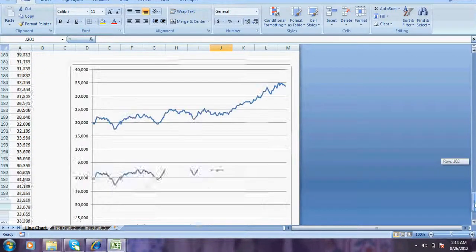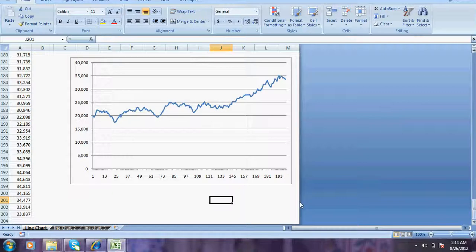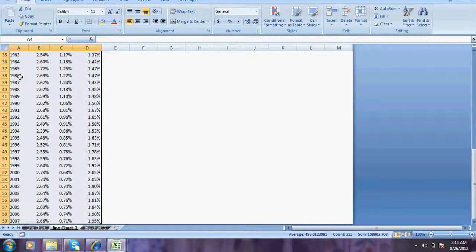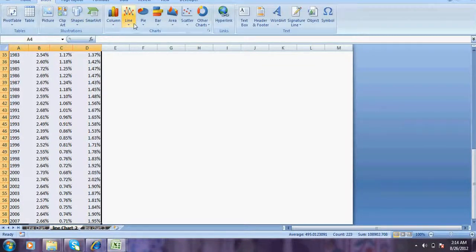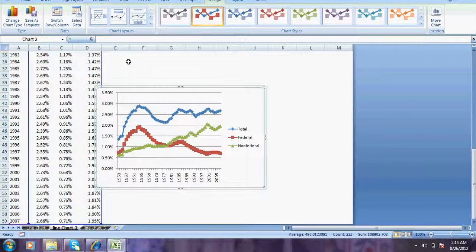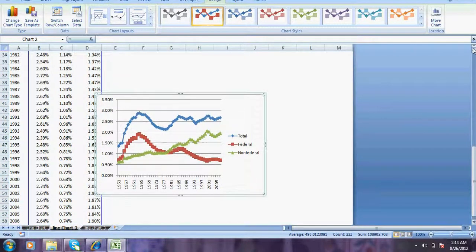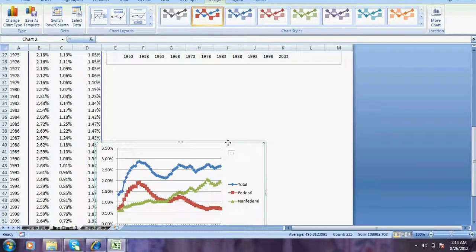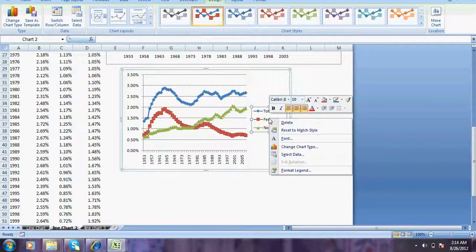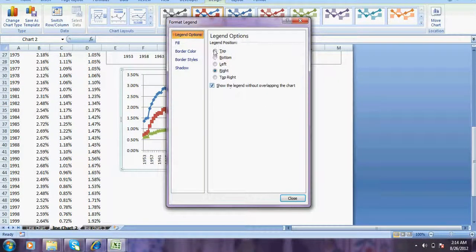So how to add titles and how to add those things, that I'll come to later. Now another example. Now select the data which you have, go to insert, line, line with markers. So again your chart is ready. What you can do, you can maybe reformat it, format legend, maybe bottom,